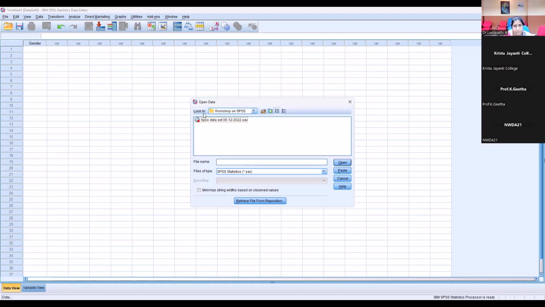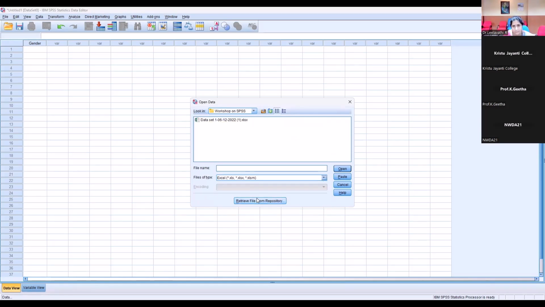This is my document. If it is set to SPSS, it will show only SPSS files. We are going to upload an Excel file, so we have to change this to Excel. Then only the Excel files will be visible. This is my Excel file, and this is what I want to upload. So if I give open,